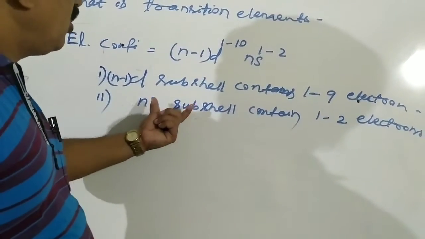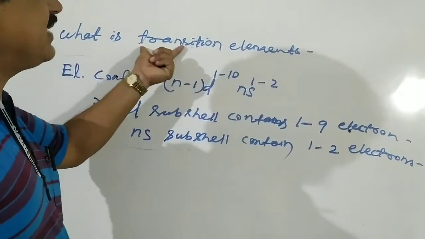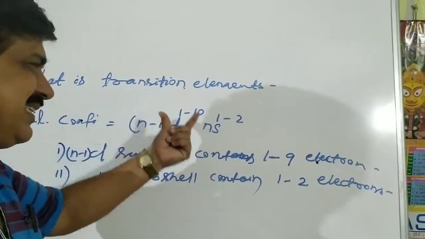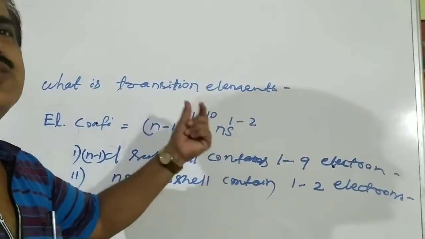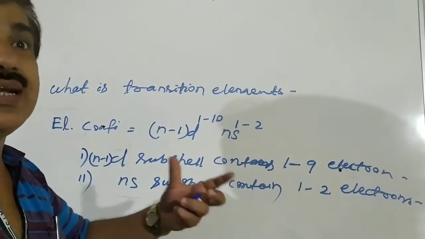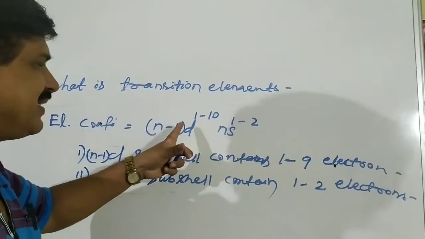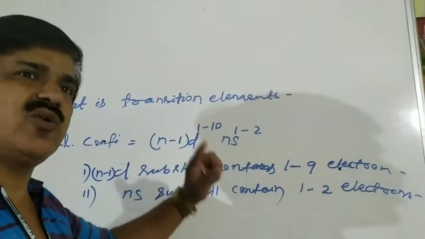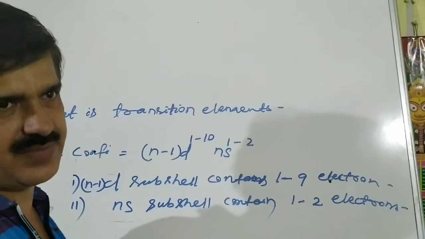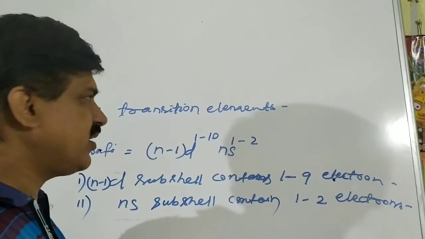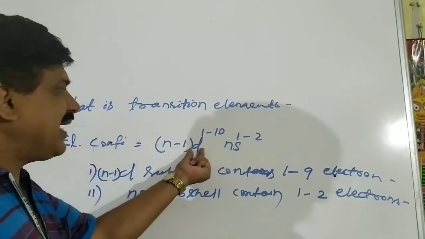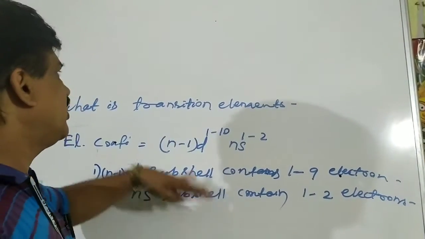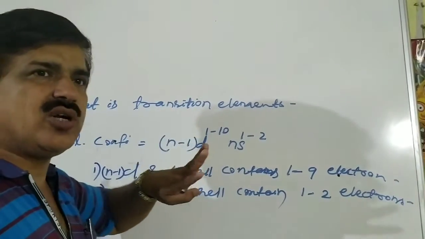So, why are these elements named as the transition elements, not other names? So, what are these elements? There are generally 9 elements, but the 10th element is included in this series because of some reasons. What is that reason? We'll discuss that later. As d contains 1 to 10 electrons, transition elements are also called d block